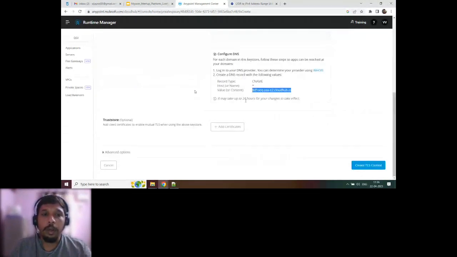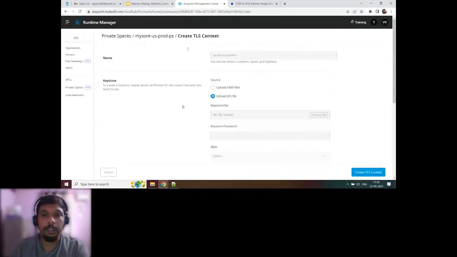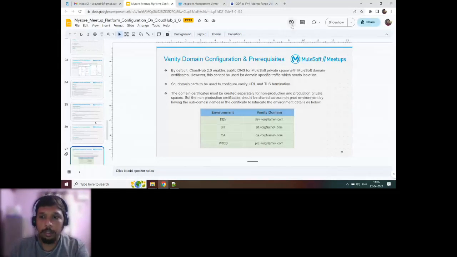And then you have an option of adding a trust store as well. You use the trust store if you want to have mutual TLS termination. As of now, even though you're configuring a vanity URL, it is only one-side SSL. If you go for mutual SSL, then you have to add the client certificate to the trust store and add it here, which will ensure that mutual TLS is enabled, and only then is the traffic allowed into the private space network. So this is the vanity URL configuration, and the last one is on